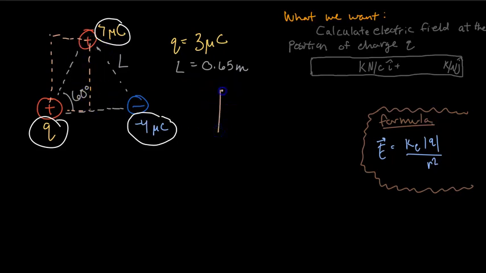So, in our triangle, we have 60 degrees, and this will be our, we'll call it E1x, E1y. And then this one will be E1x. And those two both will equal, well, when we start plugging it into this formula, we will get E1